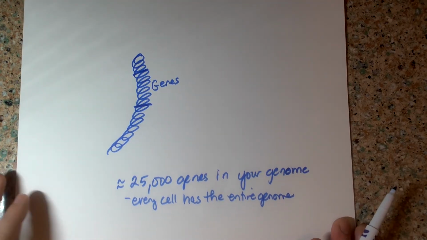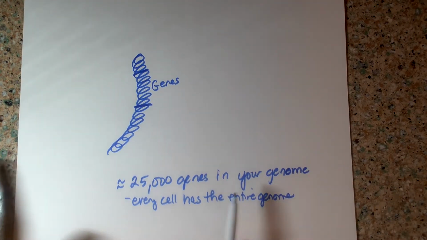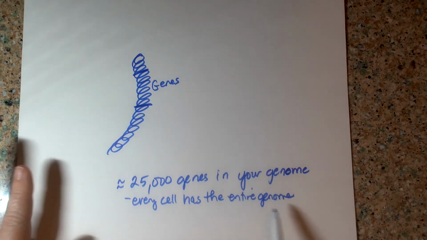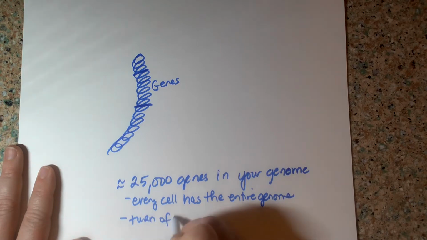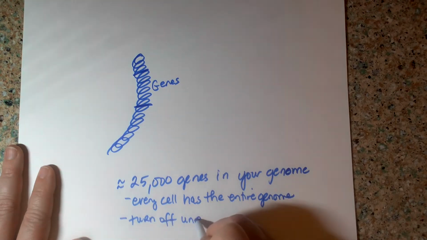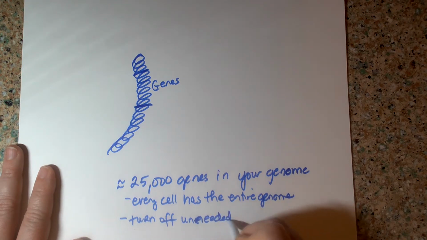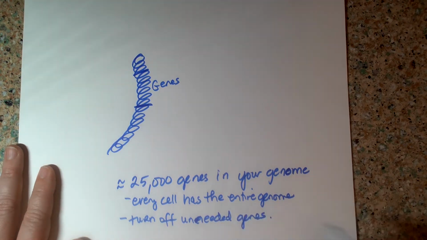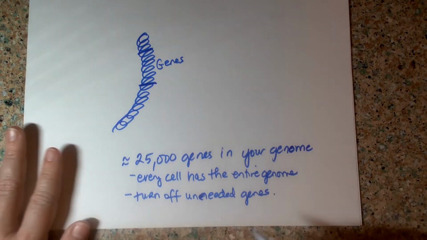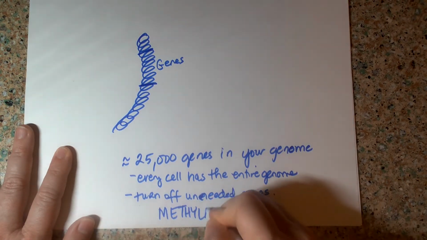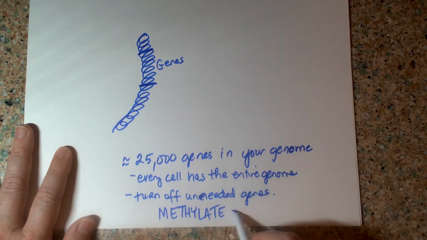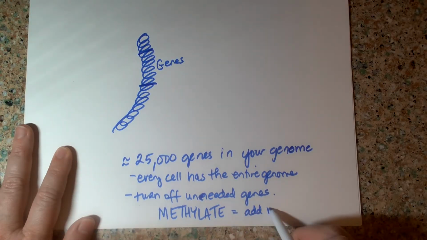So it would be completely wasteful to have all of that accessed. So what cells do is they turn off unneeded genes. And the way they turn them off, they don't have light switches, so they methylate them. Methylate means to add methyl